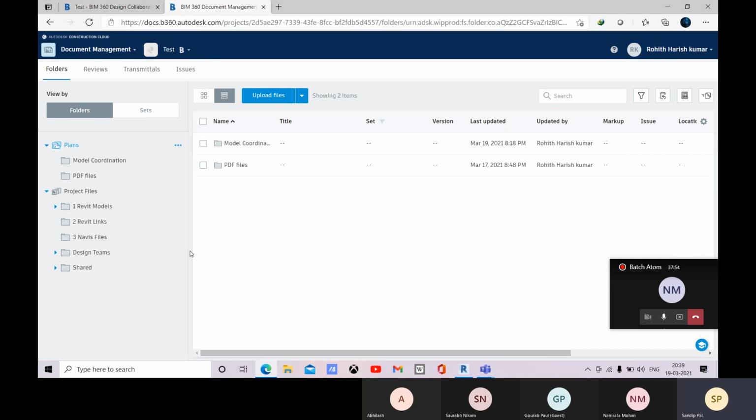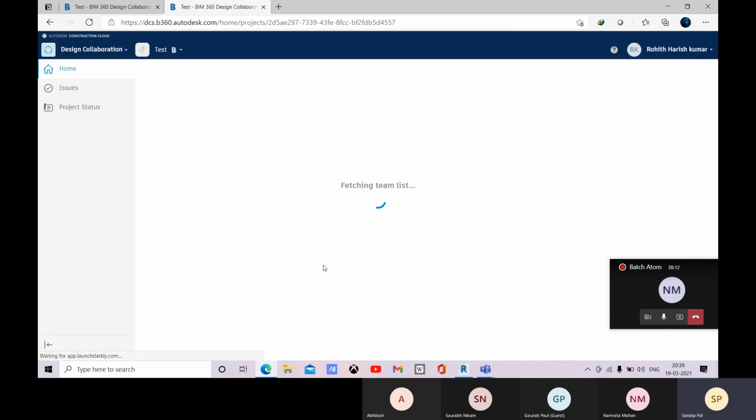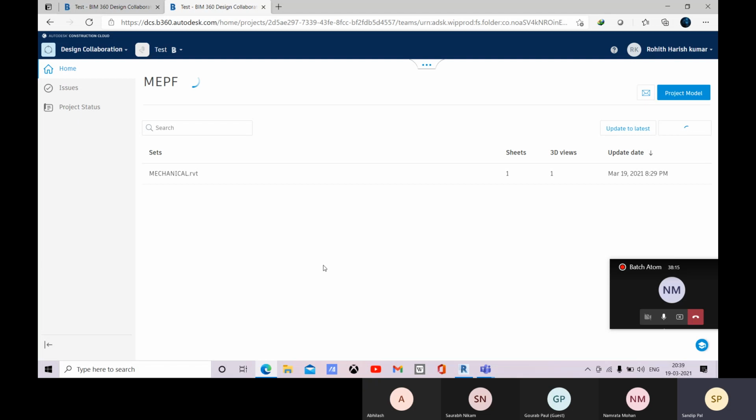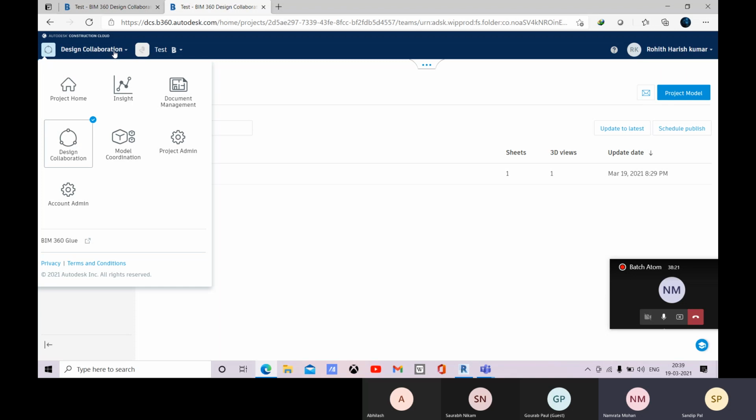This is how it is properly managed. All the files within this document management will be properly managed, and you will be sharing your files in a proper, organized manner. All right, so it's still being processed. Don't worry, it will be done.